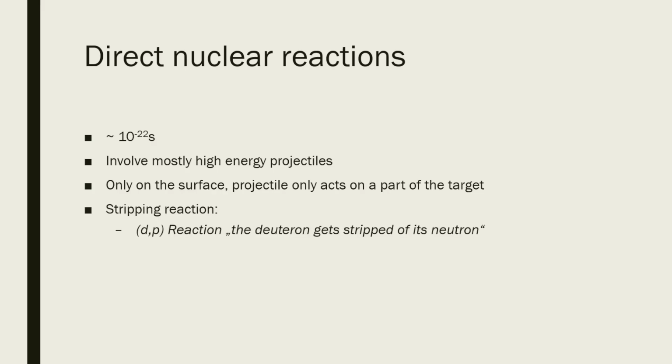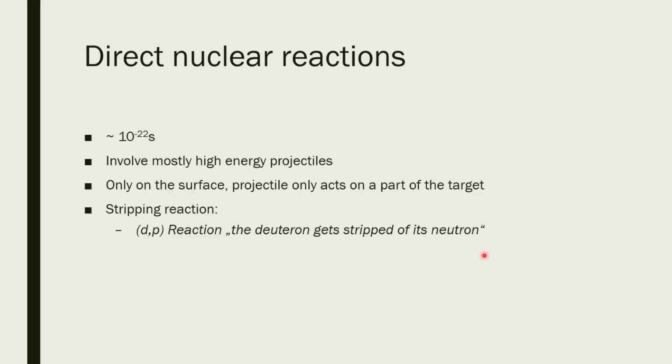So you have a deuteron, a proton and a neutron, deuterium ion, that gets shot onto the target, and only the neutron of this deuterium will be absorbed, leaving the proton behind, which will then be described formally as the ejectile. But this is not a deuteron coming in and another proton coming out, but this is actually the proton of the deuteron, and this is a stripping reaction where the deuteron gets stripped of its neutron